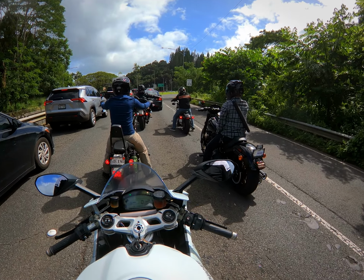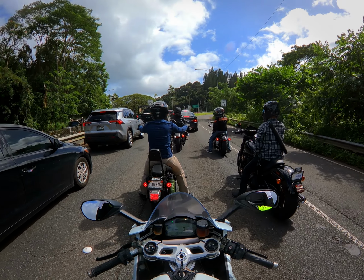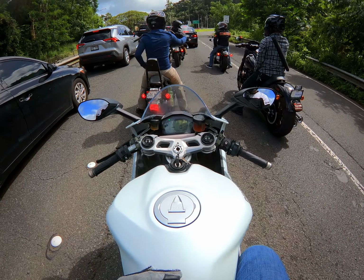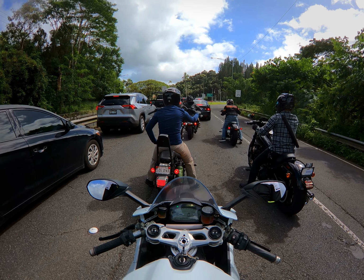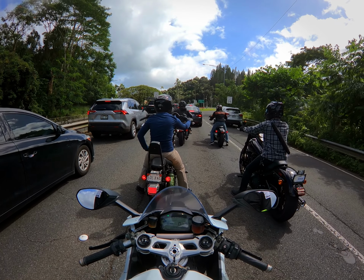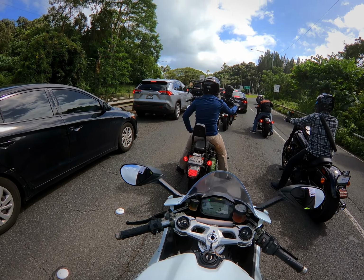Also, the seat, first impressions of the seat. This is the stock seat on the 959, and it is very hard. It's not as wide as my ZX10 seat, so what that's going to do is make the inside of my leg hurt just a little more and be a little bit less comfortable riding around on the street. Riding around in the corners, riding around on the track, it's going to feel perfectly fine because the seat